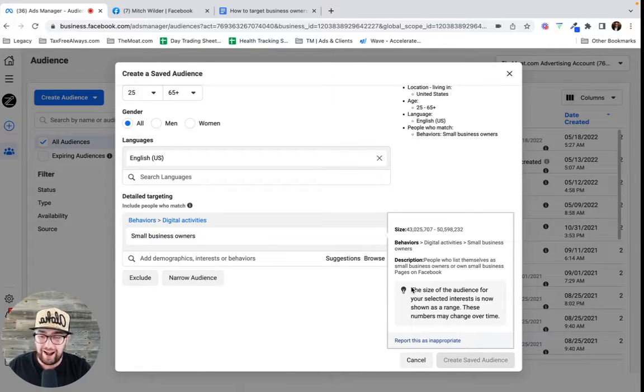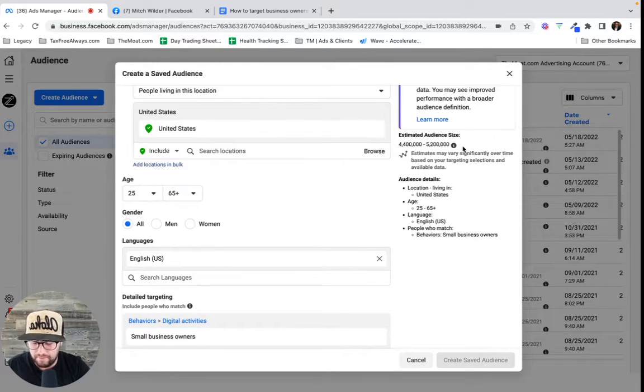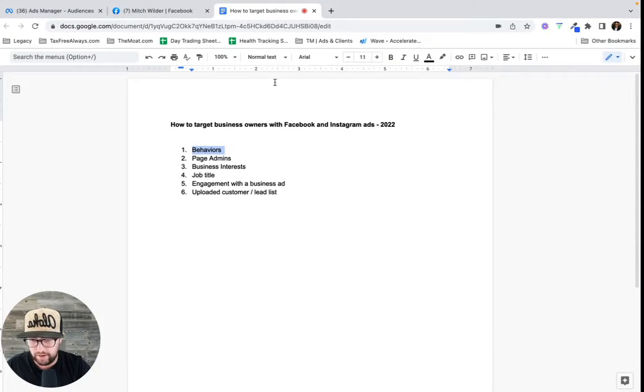And that's based on how they're interacting with the Facebook ad platform, right? So in the United States, we've got 4 to 5 million people who fit that criteria. So that's our first strategy here, behaviors. Okay, that's the first one. That usually works very well, and it's a great starting point if you're looking to target business owners.